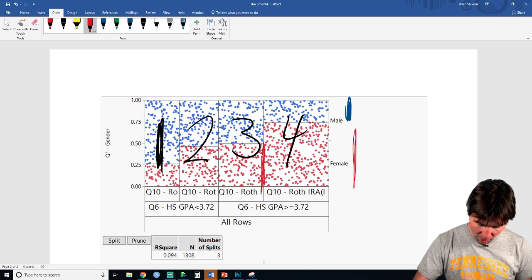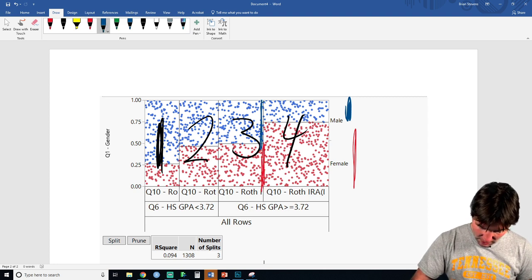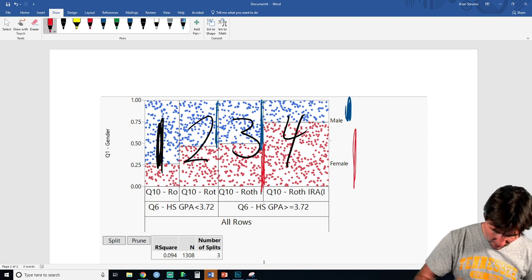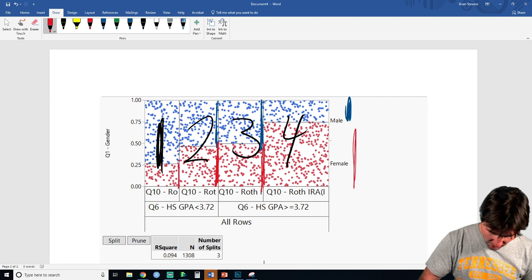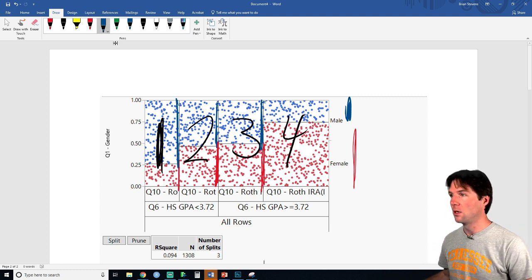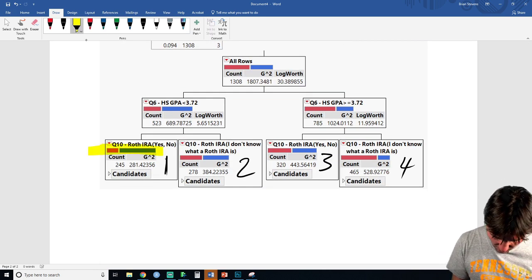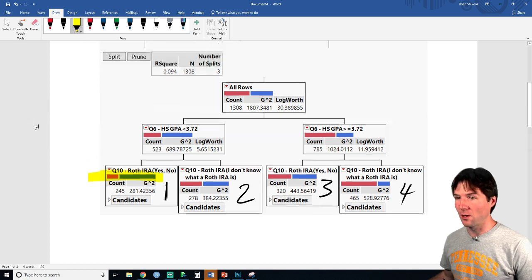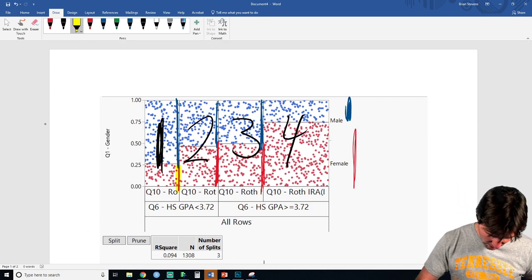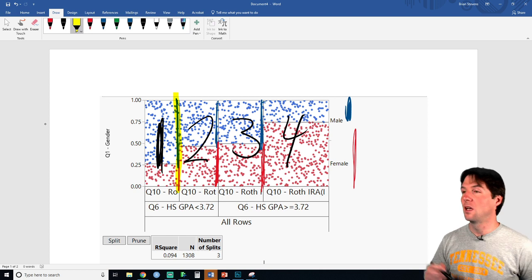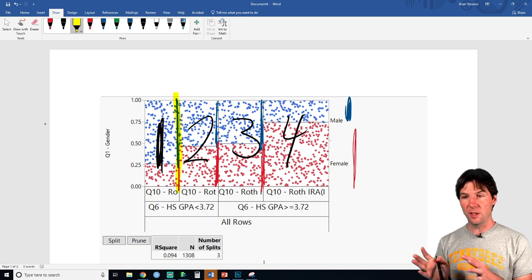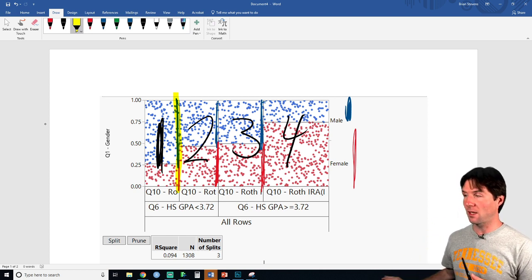Like right here, the probability is about 50-50, as it is in that middle leaf also. You can kind of look at these. You know what's really interesting? You may not have ever noticed this, but what I'm drawing right here with these bars is actually what you get when you go down and look at this right here. What I'm highlighting right there is the same thing as this, and they're saying it in the chat, they're saying first. That kind of ratio of male to female in that first leaf is the most likely to be male